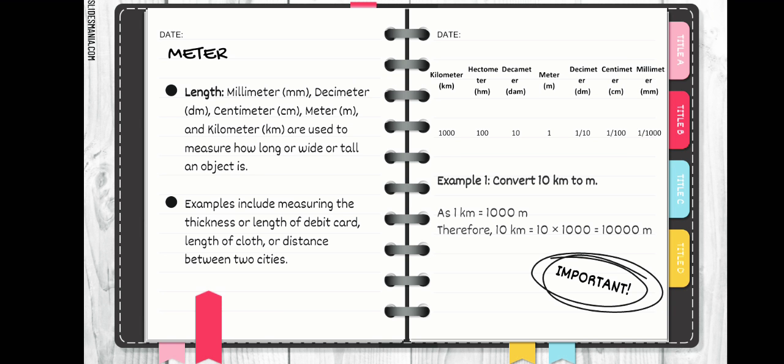So 10 kilometers times 1,000, or the conversion of 1 km is 1,000 meters. So 10 times 1,000 is equal to 10,000 meters. Therefore, 10 kilometers is equivalent to 10,000 meters. So next,